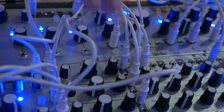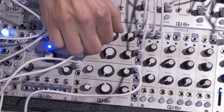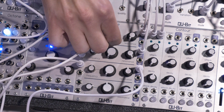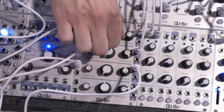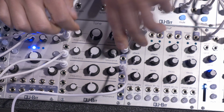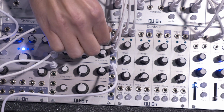Right now we have our polyphonic oscillator, the chord, running through channel 1. Here's what the low-pass output sounds like. And if we add resonance to that, each channel also has a bandpass output. Here's what that sounds like. If we add resonance to that,